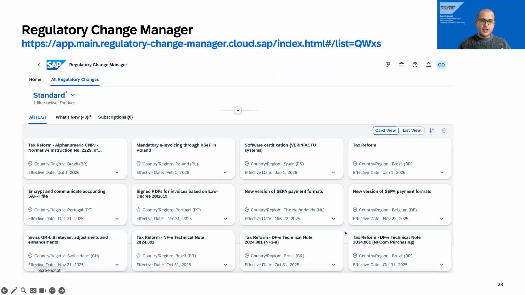If you want to understand if public cloud implementation can support a particular use case in terms of the regulatory aspect needed for a country, you can use our regulatory change manager, which allows you to see all the regulatory changes that are happening across the globe and to see which products are impacted and which products it supports. So for example, e-invoicing, PDF creation, encryption, data protection, all of those regulatory changes are available over here. So you can make sure that the public cloud implementation is compliant for the region that you go for.